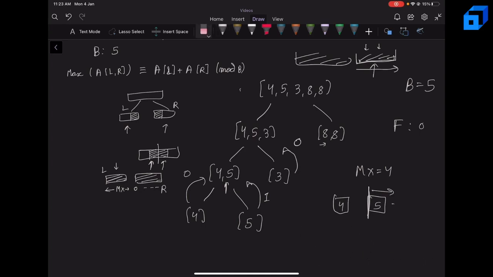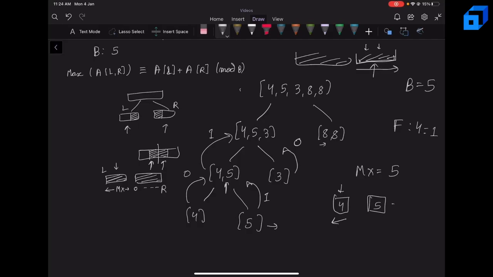Now this case gives us no answer. So we'll consider the case where the maximum lies in the right index. If the maximum lies in the right index, we currently have maximum 5. Now what is the maximum index that we can take? So we'll move here and we can take this element 4. So we'll update the frequency of 4 modulo 5 as 1. So our current maximum is 5 and right element is also 5. So we want AL to be 0 modulo 5. But the frequency of 0 is 0. So again, when we consider the case where the maximum lies in the right index, this also fails and we return 1 here because we have 1 as the answer in the right part.